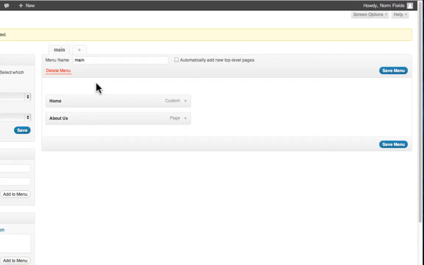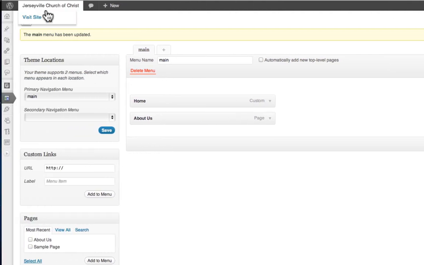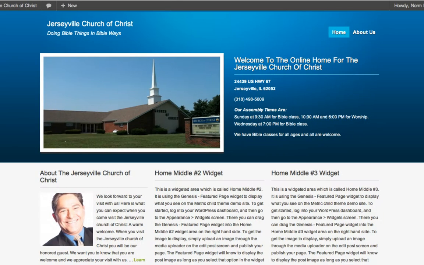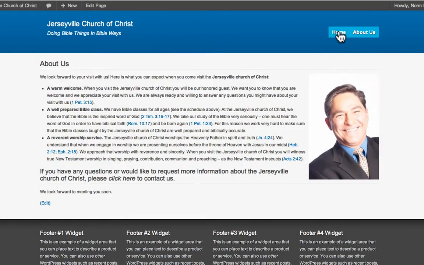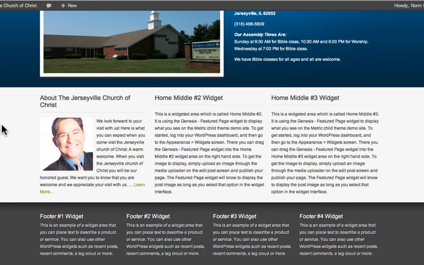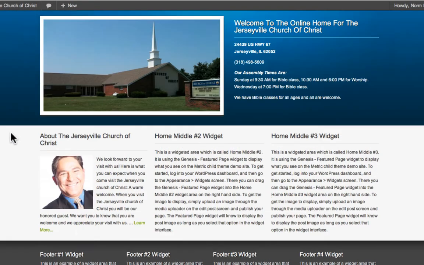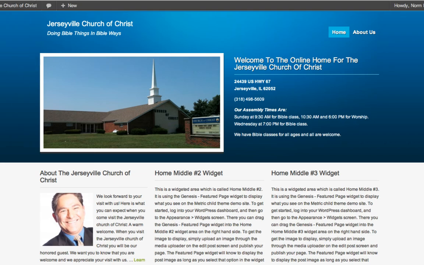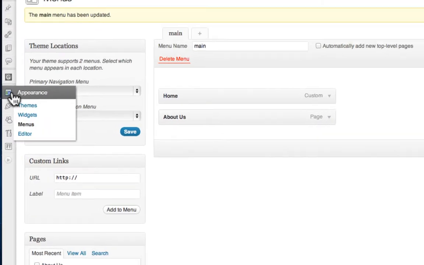We can go back over to the website, the front, and see how that menu looks. And of course the menu will grow as we continue to add pages and add them to the menu. You can also add categories and links to the menu. Let's go over to the widget page,